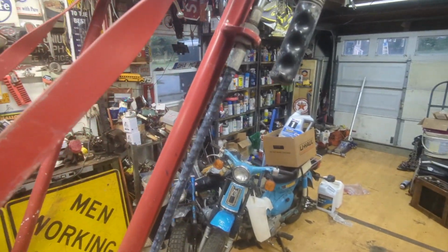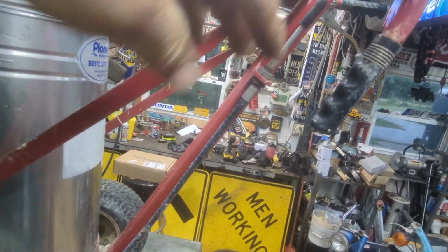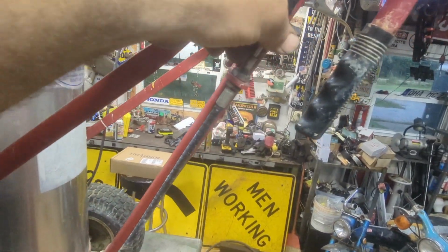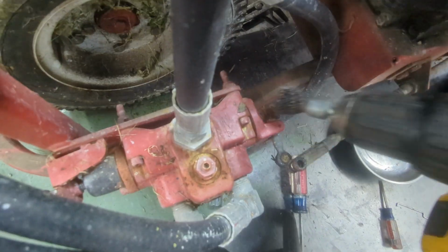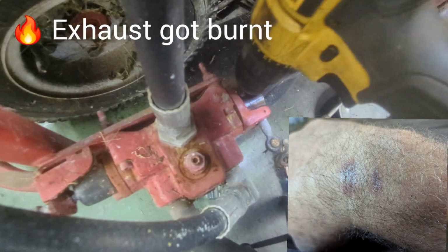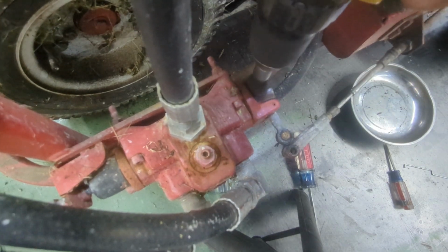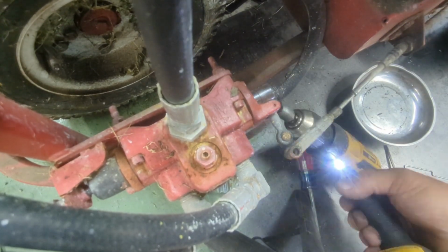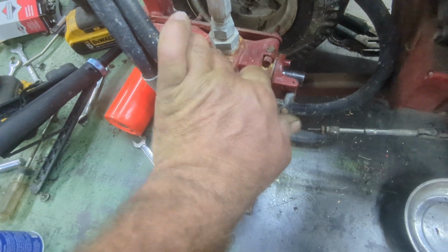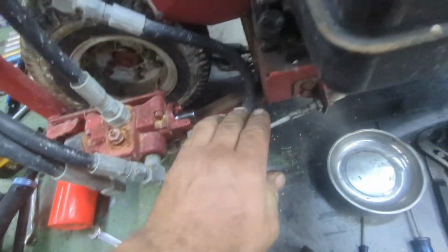I think the cable here is broke. Hopefully I can get this thing going, but Charles sent me that cable lubricator. I might use that cable lubricator on this thing. Got it cleaned up. It's actually working now. You got reverse and forward, forward and reverse. But the cable